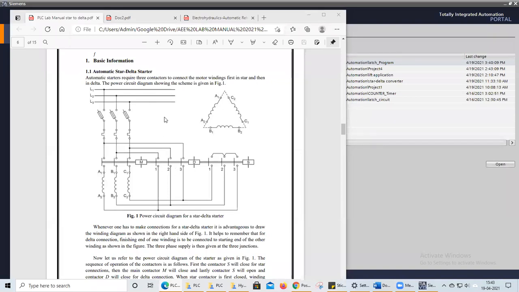So the phase current will be a bit more than in star connection. This is regarding star delta. Here we need to use a PLC circuit in PLC ladder logic to control this star to delta conversion. So we'll write a program for star delta operation.